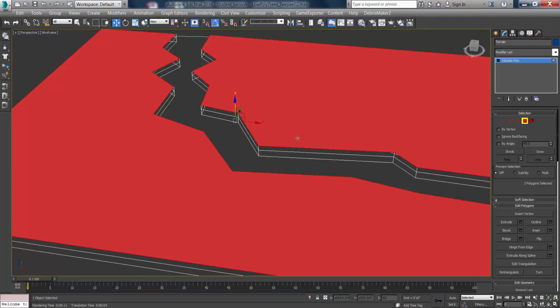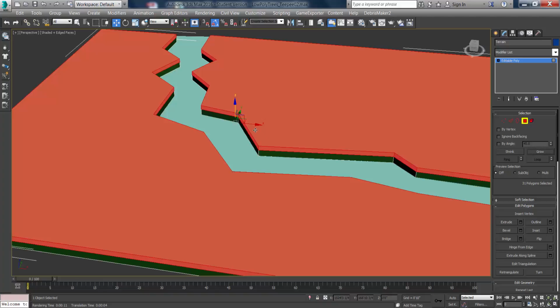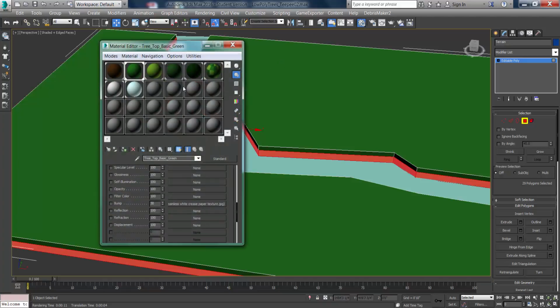So I'm going to hit F3 to make sure I see this edge, or F4. But basically I'm going to use this to separate two different materials. Okay, so while I have this selected, I'm going to hit grow. And if you wanted to change the grass material, you could do it now. Otherwise, I'm going to hit Control I to invert the selection, and we'll create another material for the mud